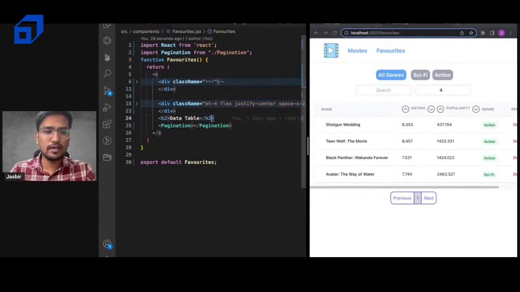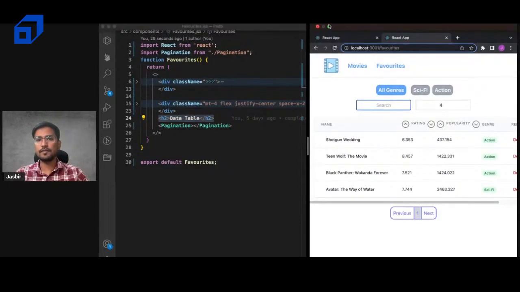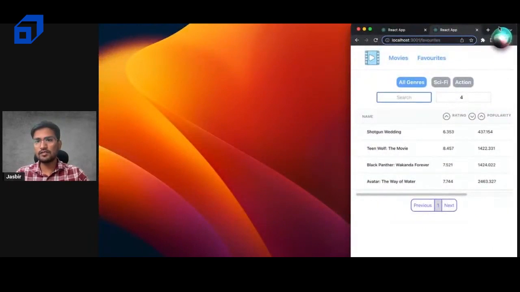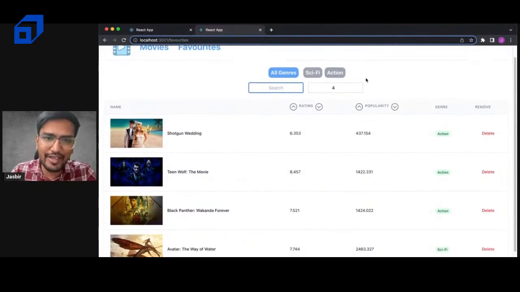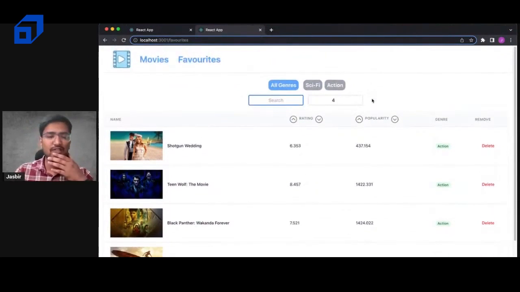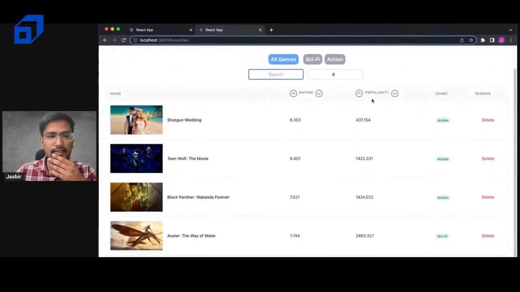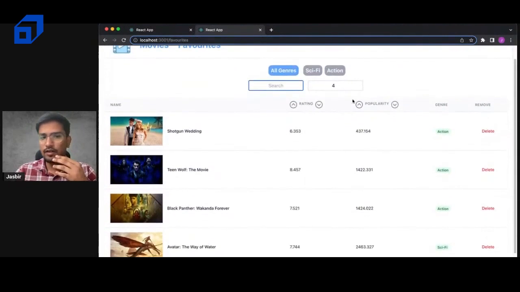So now coming on to the most mod part. Okay, now if I just increase the size of it. Just close it. Okay, if I increase the size of it, then this table contains so many features, like it contains several columns and rows, and I want to have a